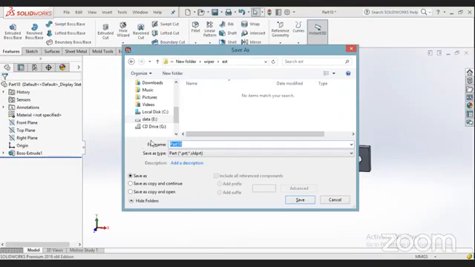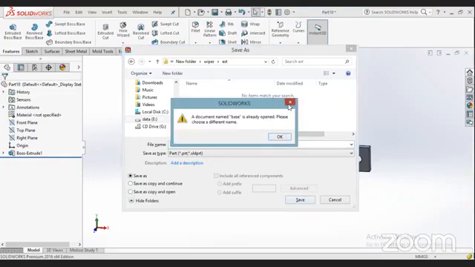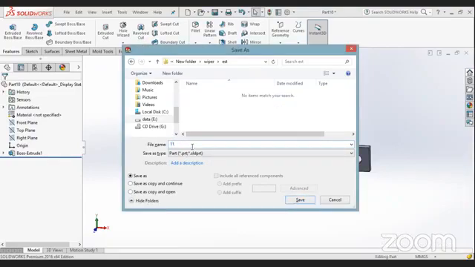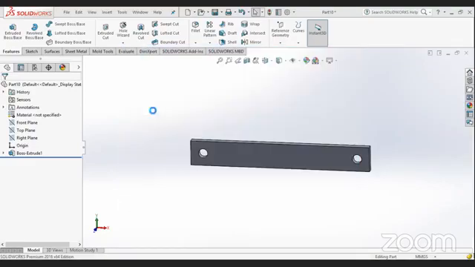This is crank. Sorry, base plate, base. Okay. Since that already opened up the base one in the other document, that's why. Yeah. So new.